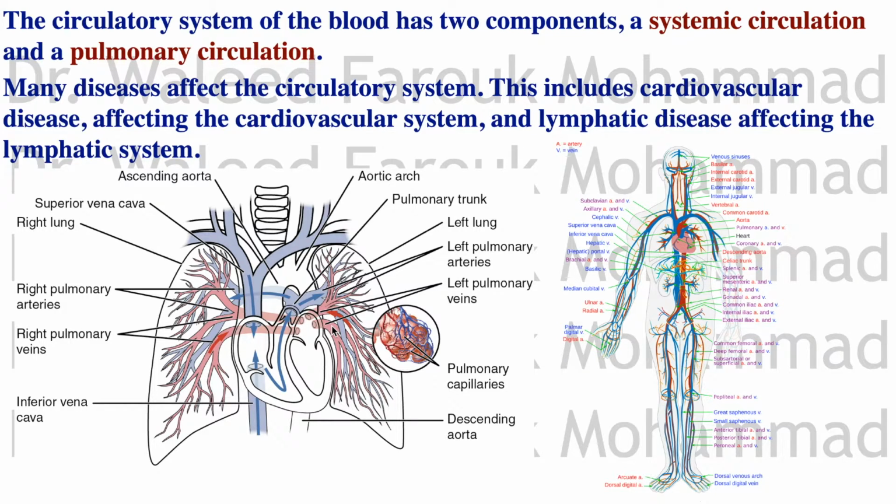This means that the pulmonary veins carry oxygenated blood from the lungs to the heart, and the pulmonary artery carries deoxygenated blood from the right side of the heart to the lungs. The pulmonary artery, though carrying deoxygenated blood, is not named a vein because its wall structure is like an artery, and the pulmonary veins' wall structure is like veins. That's why the veins are drawn in red here,